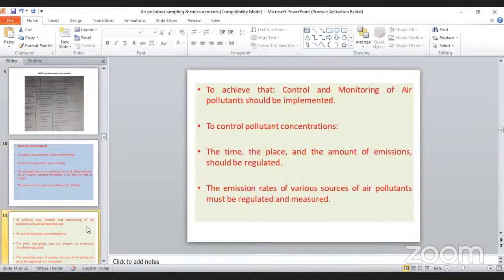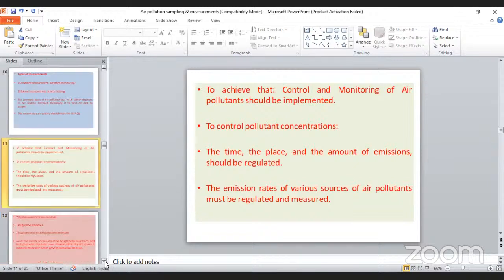To achieve that, control monitoring of air pollutants should be implemented to control pollutant concentration, and the time, place, and amount of emission should be regulated. The emission rates of various sources of air pollution must be regulated and measured. And also,